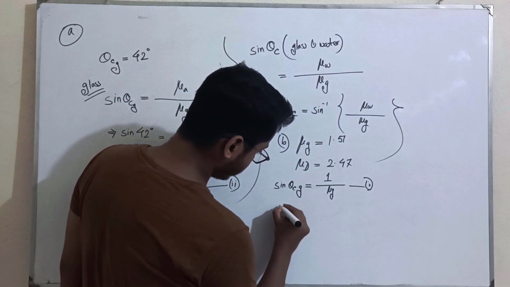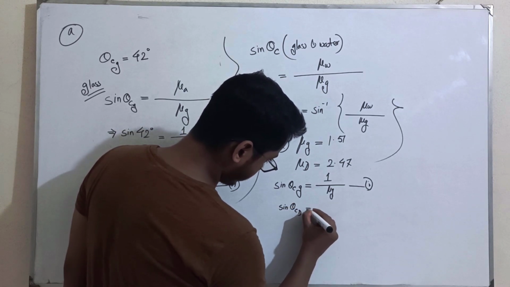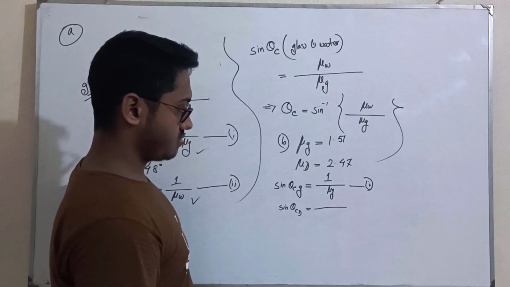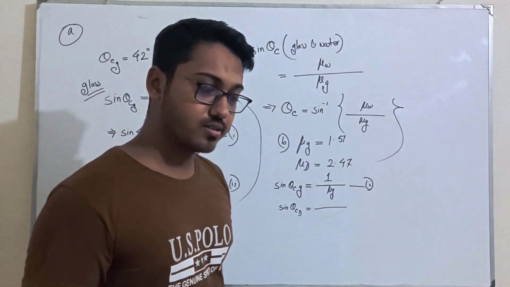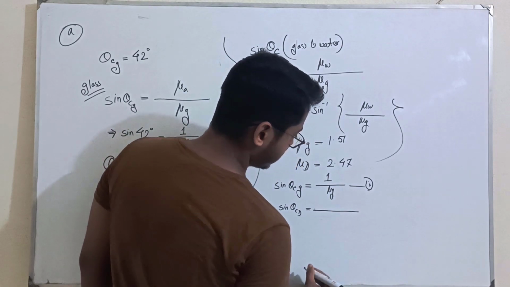Again, for diamond, sin theta c d is equal to, since it's with respect to air, the refractive index of the lighter medium,